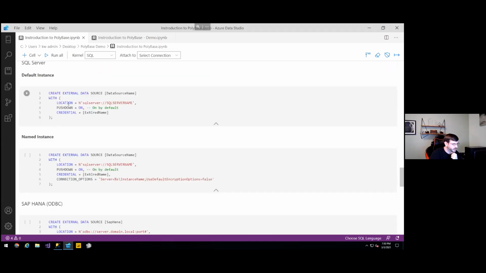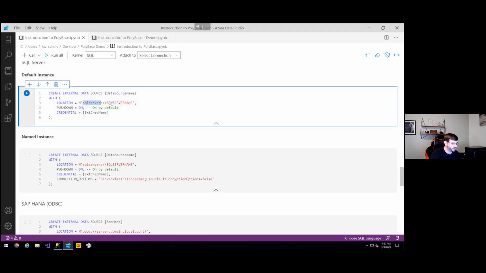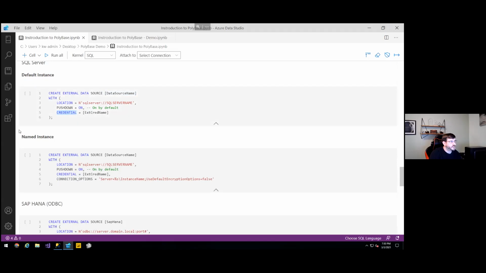SQL Server. So as I mentioned, with the external data source, you'll just basically create your name, and then for the location, you'll say SQL Server, and then here is where you would put that group name at. And then Credential is just the credentials that you use. So the SQL Server user that you created, the scoped user, would go here. And push down on. So push down is a feature that